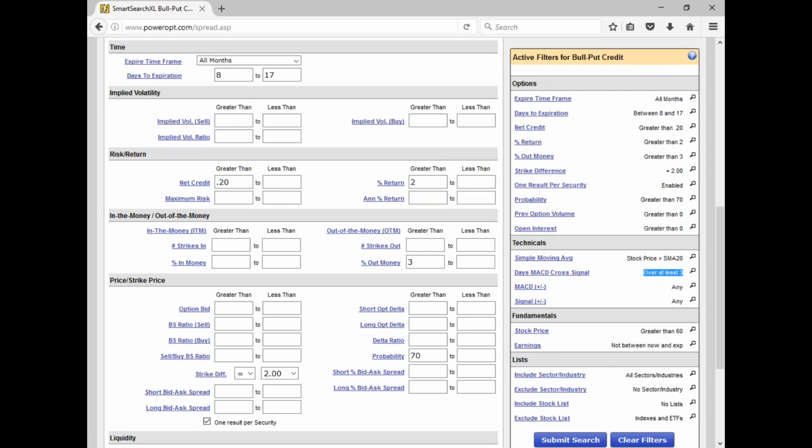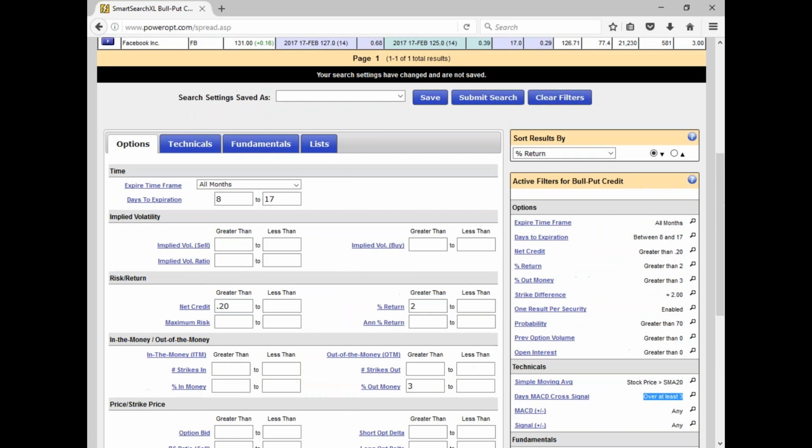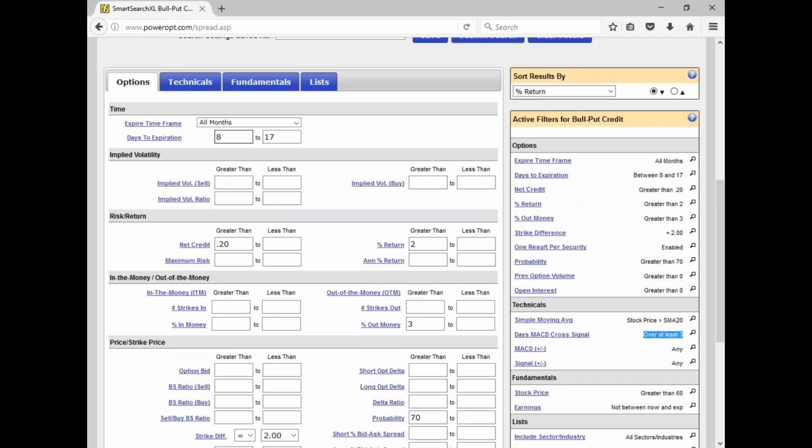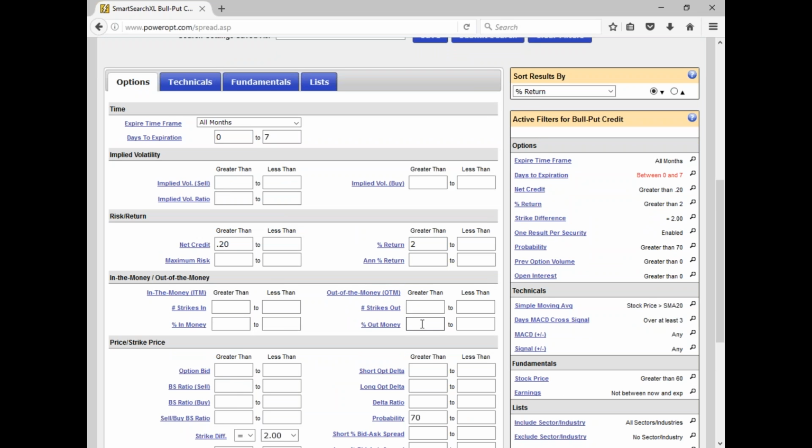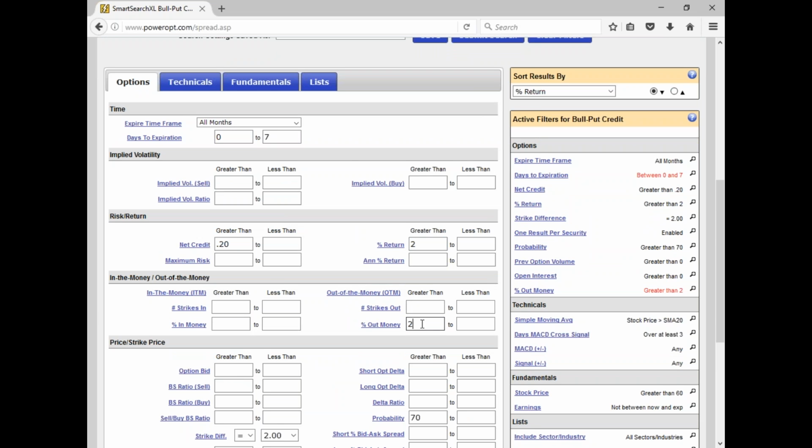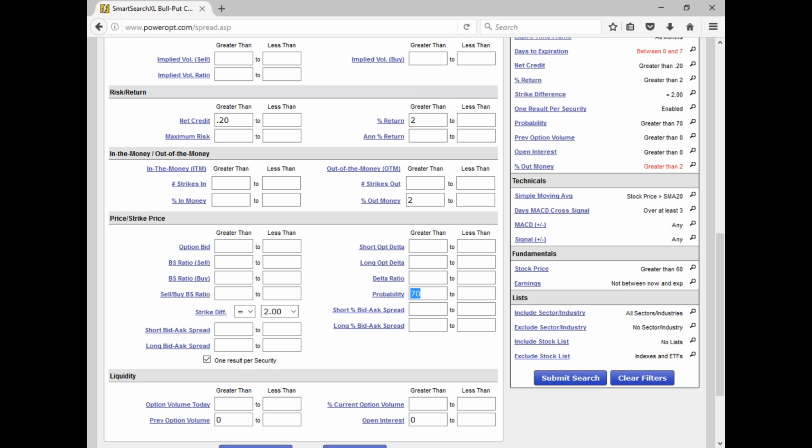I do use the MACD with most of these type of searches, reversed for a bear call spread. If you wanted to go shorter term, of course you could, but you're going to have to lower some of your expectations. For example, if I wanted to just go to next week out, I change my range to 0 to 7. I'll leave the return there, but I'm going to lower my percent range out of the money to maybe less than 2. I'm going to keep the probability at 70 for right now,